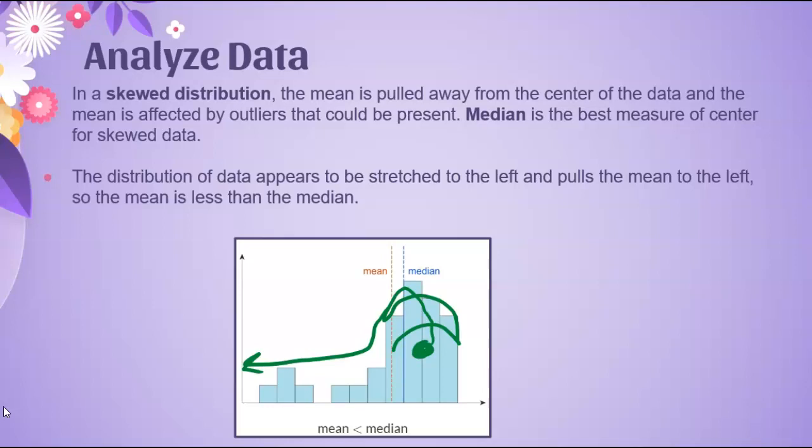Well, look at how the mean is also being pulled away from the median in a skewed left distribution. When the mean is less than the median in a skewed left distribution, the mean is not a good measure of center. But the median, the middle number, is a better measure of center for skewed data. It doesn't matter if it's left or right, you're going to use the median to describe your